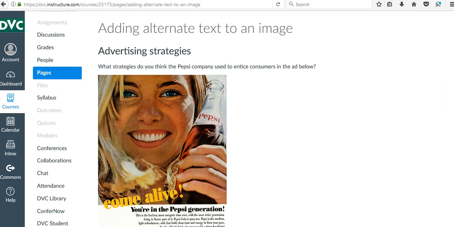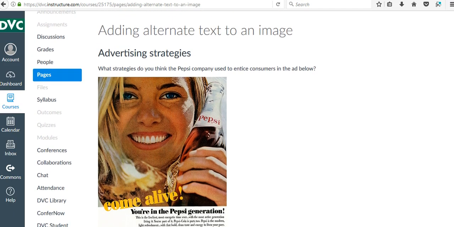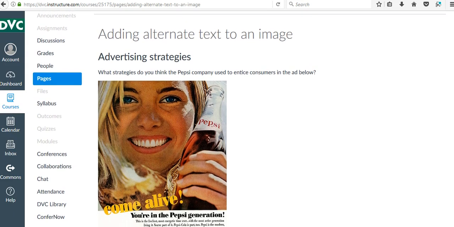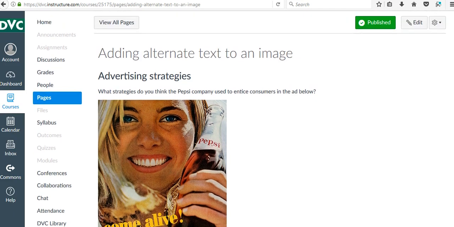So for this one, I'm going to walk you through the process of adding alternate text to an image, and then if you want, you'll have an opportunity to practice that on your own. So has anyone added an image into a Canvas page before? Okay, so I'm going to go to Edit,